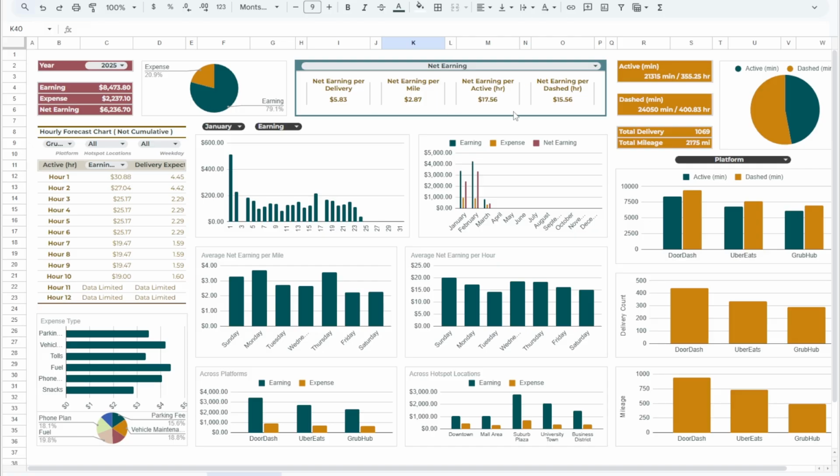To the right, a board-like chart lets you compare your delivery performance across 4 key ratios: per delivery, per mile, per active hour, and per dashed hour. Using the dropdown, you can switch between views for earnings, expenses, and net earnings. This setup helps you understand how each factor affects your overall efficiency and profitability. It provides a clear way to see how your shifts are performing, helping you make smarter decisions about when, where,